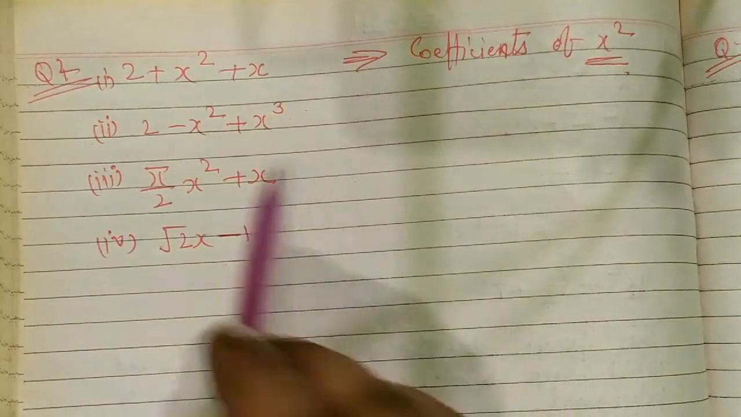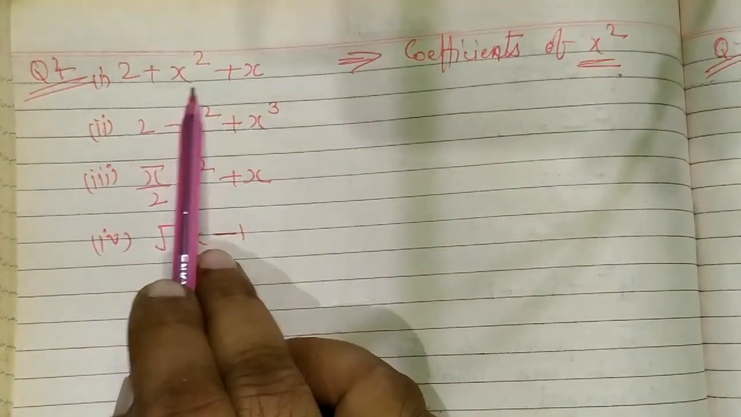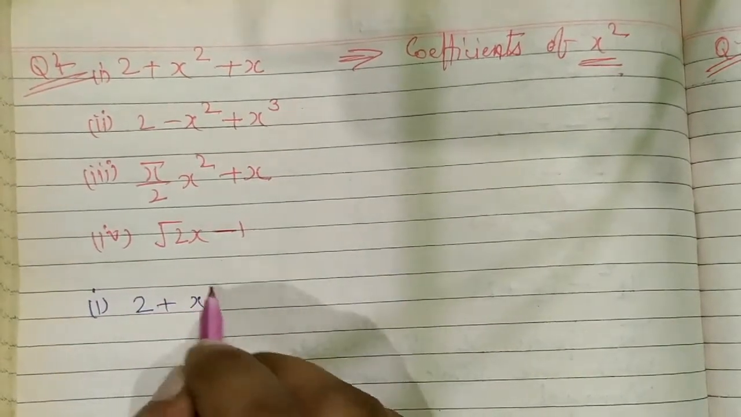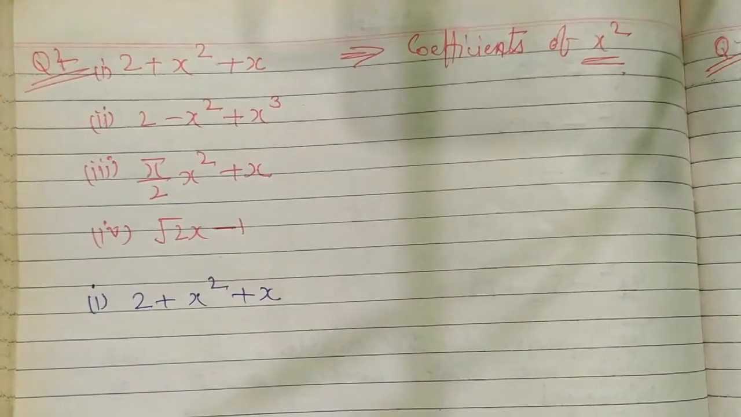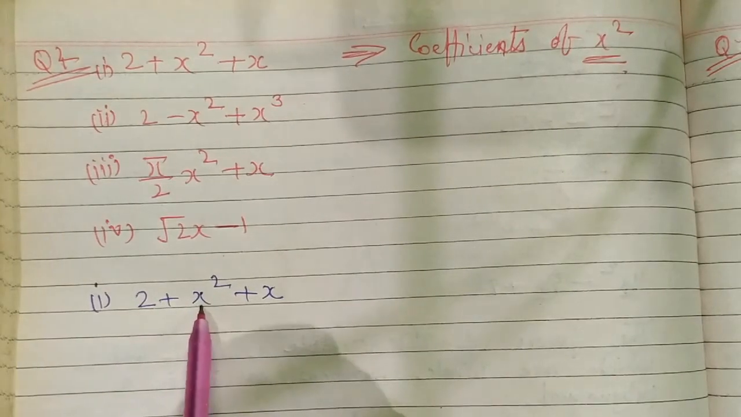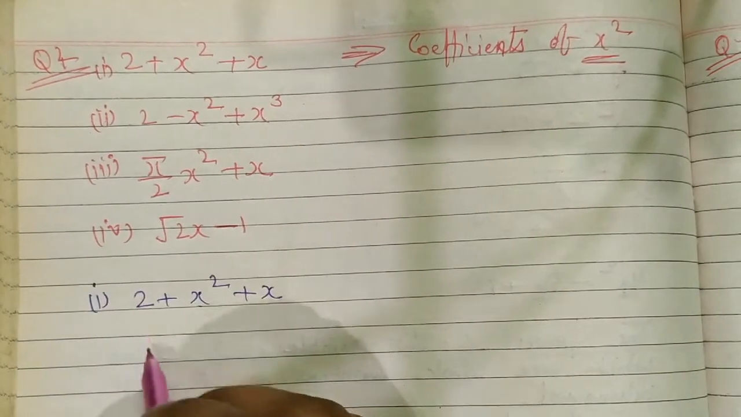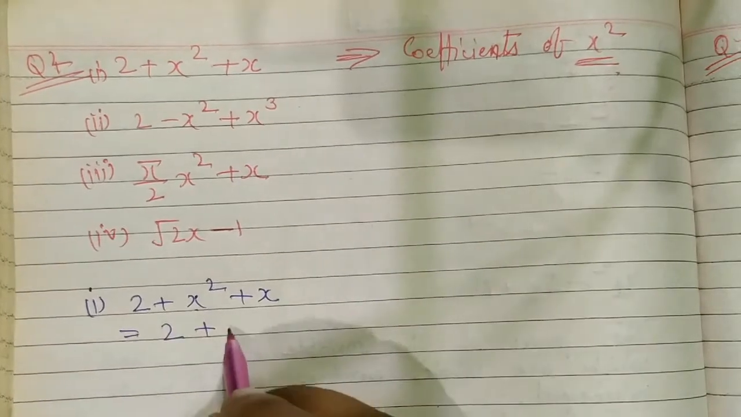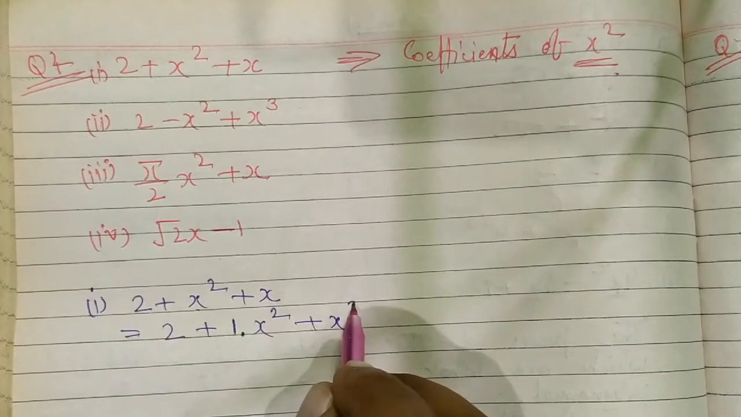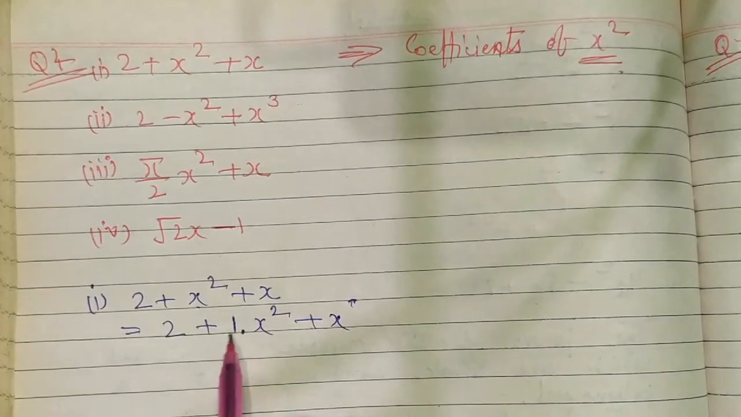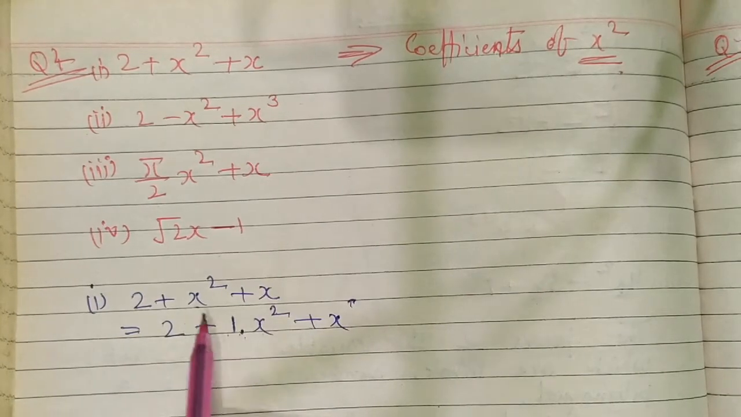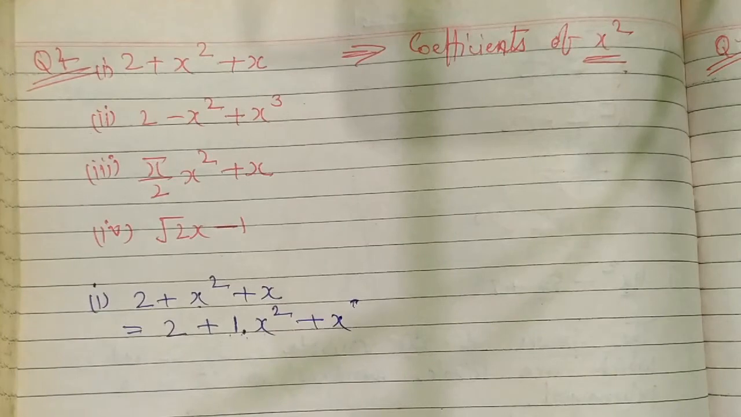So let's solve it. The first question is 2 plus x square plus x. Let's write it here: 2 plus x square plus x. Now I will tell you the easiest method. You need to give the factor of it first to understand it. Now it is actually 2 plus, write the dot of multiplication like this. Sorry, here there is no power, so it is 1 dot x squared. Now this dot is multiplication, so we multiply 1 into 2 is 2 and 1 into